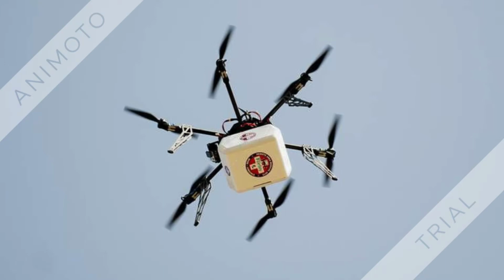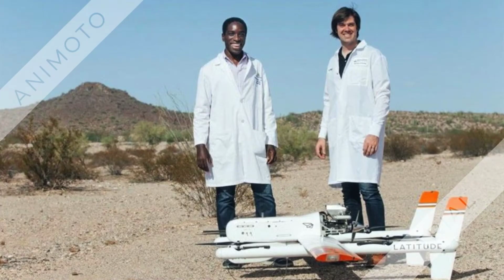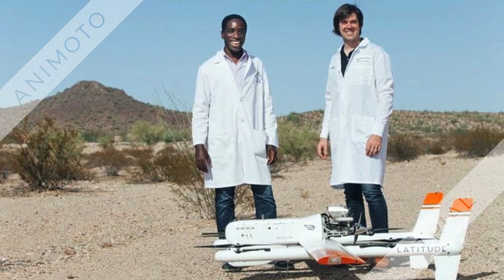Drones won't just be used for commercial use, but they'll also be used for helping countries in need. In Ghana right now, they have implemented a drone system to deliver medicine all around the country. Though it is more expensive than delivering by road, it is quicker and it could help save many lives. So locations that are hard to get to by truck, now they can get to them way easier, and deliver the